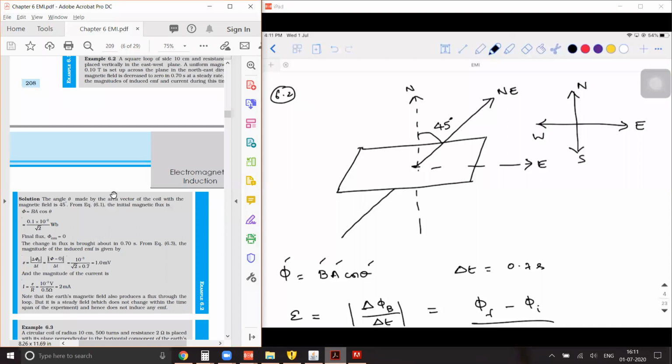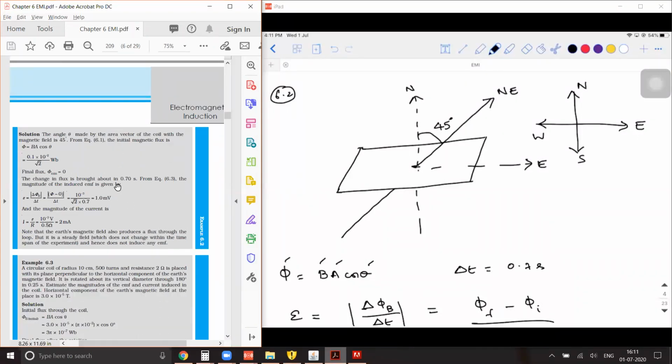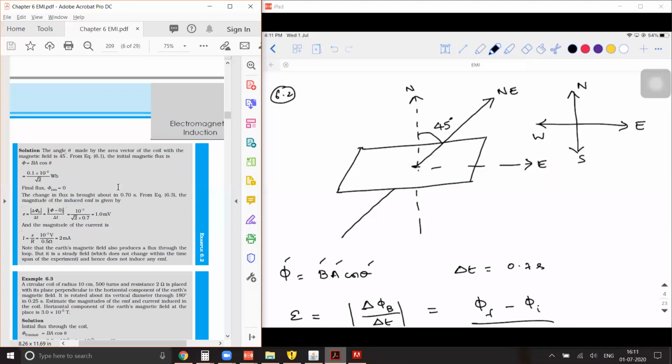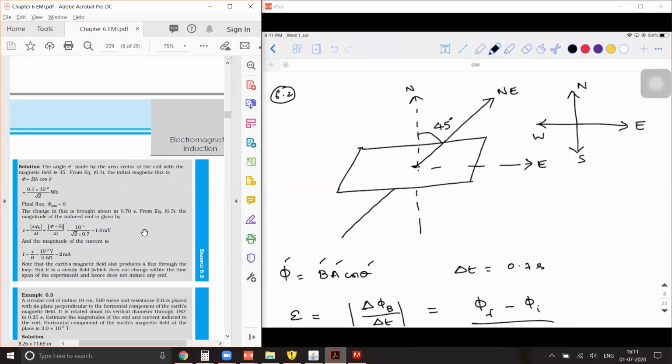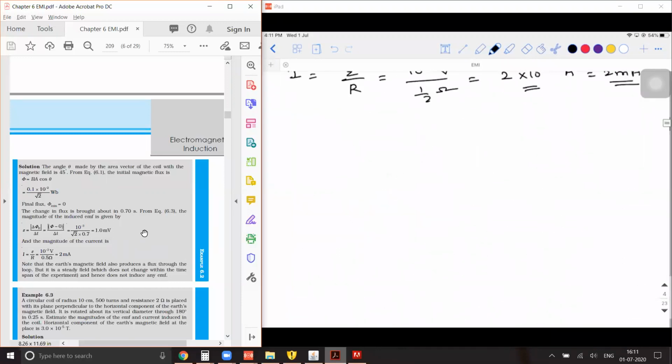Right. If you are clear with this, try the next one. Just try that, don't look at the solution. If you get stuck, let me know. Always try to draw a diagram and then proceed, do not just do it like that. So what is 6.3? There is a circular coil of radius 10 centimeter and 500 turns. So the radius is